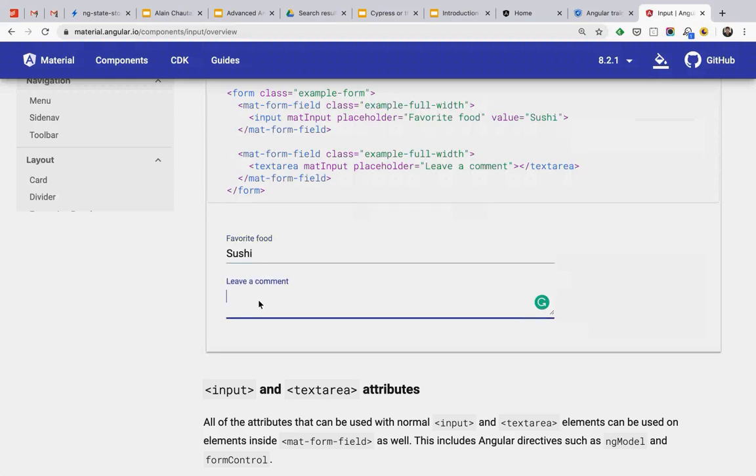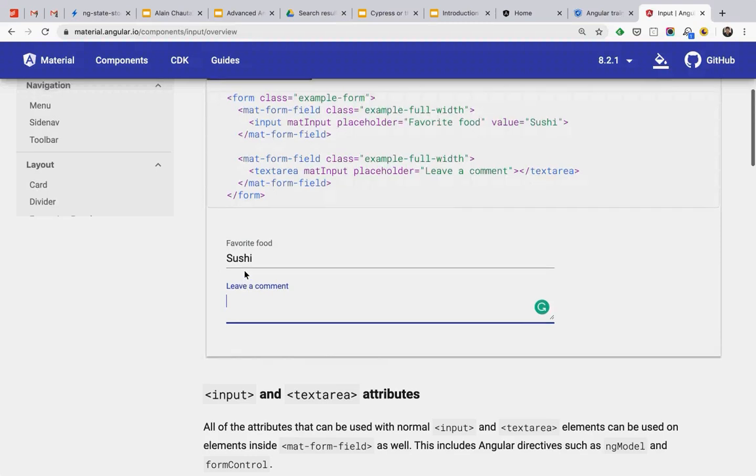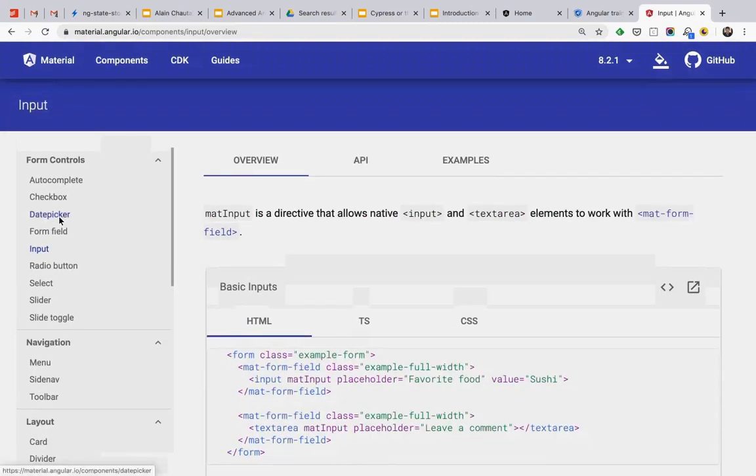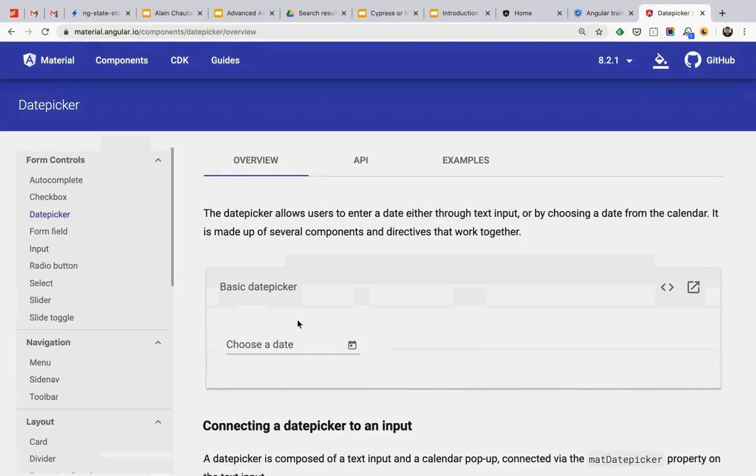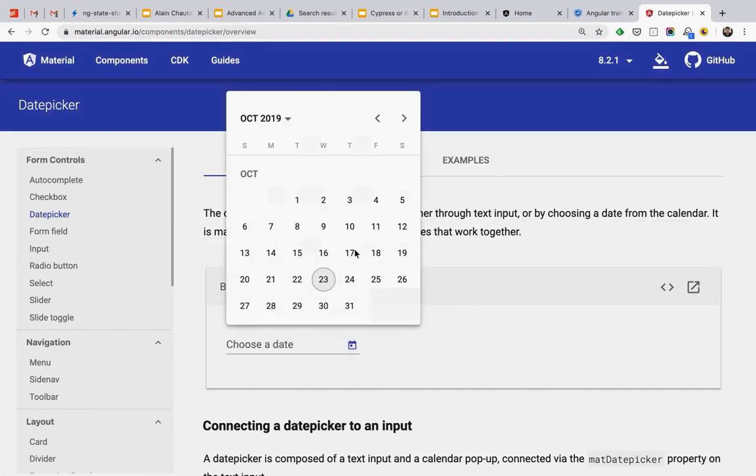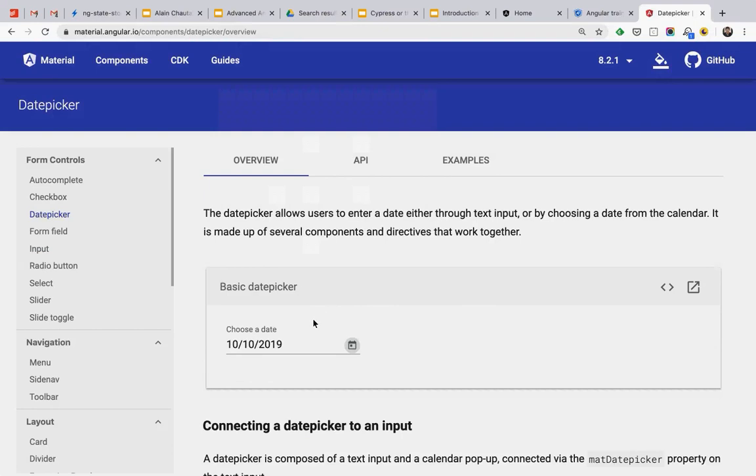So I don't have to worry about styling, about sizing, about animations or anything. It's all shipped with that component. And then I can build my app using these components that were pre-made for me. So text input, probably not a big deal, but a date picker, for instance, that's a tough one. You don't want to write your own date picker. So you can use the one from Angular Material, and it does the job very nicely.